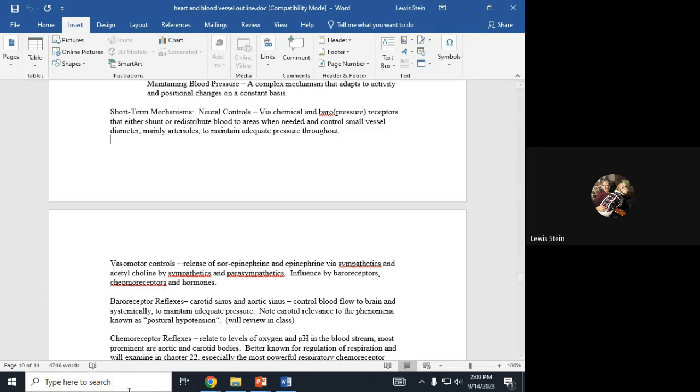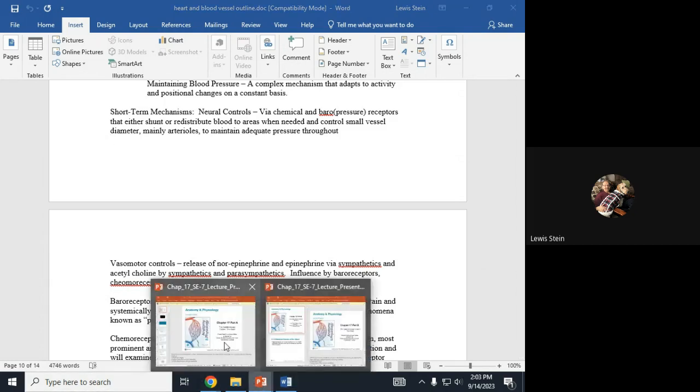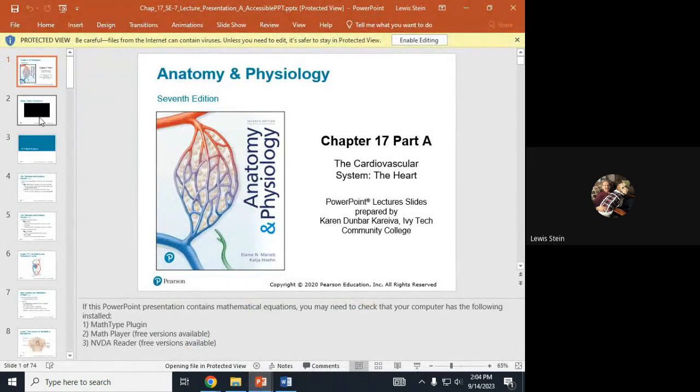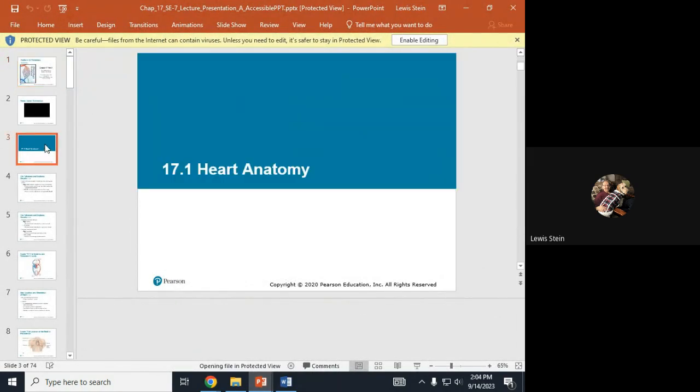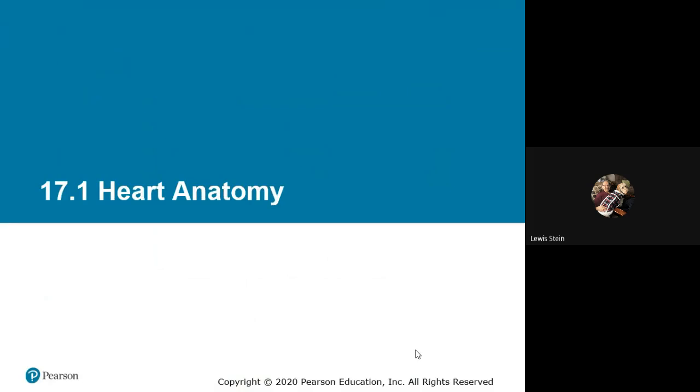All right. So that's the introductory stuff. Let's get on with the heart. This is now the current aspect of the textbook. This will appear as chapter 17, the heart anatomy. 17A is the anatomy, 17B is the physiology. For 17B, we do a section in lab where we look at the cardiography, and I typically will probably do that